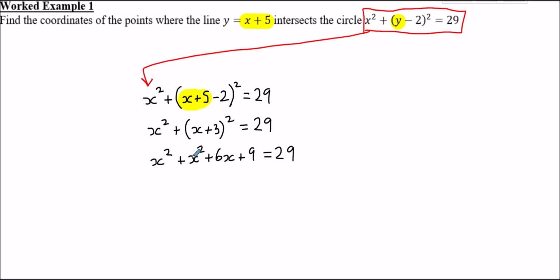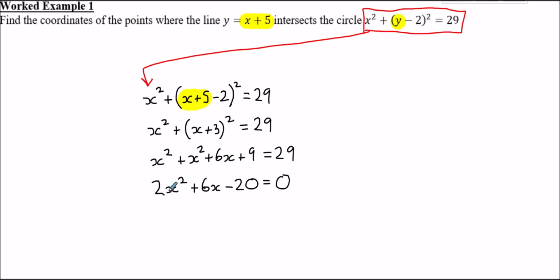So if we simplify and rearrange so it becomes a quadratic equal to 0, we're going to have 2x squared plus 6x, and then 9 minus 29 will give us minus 20,